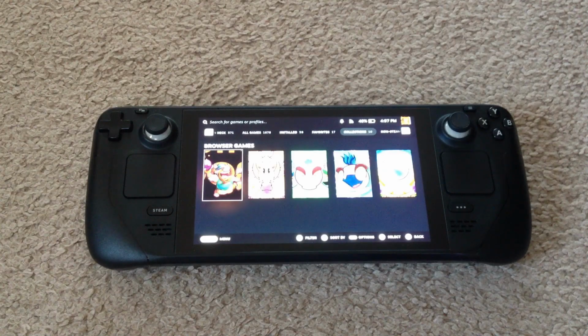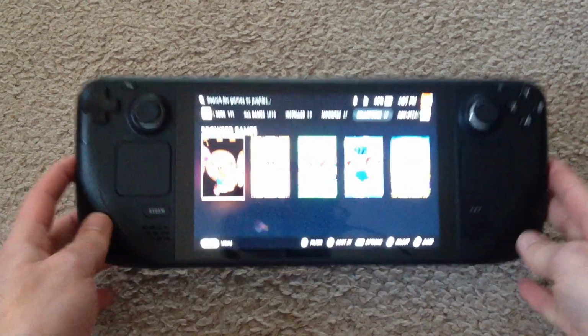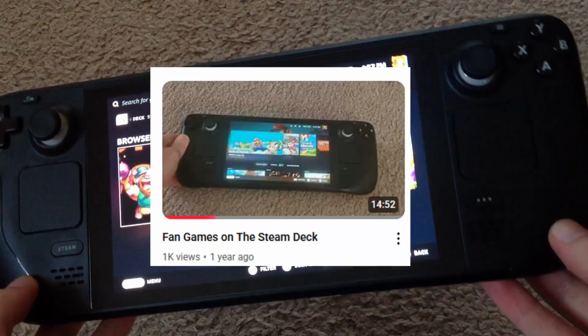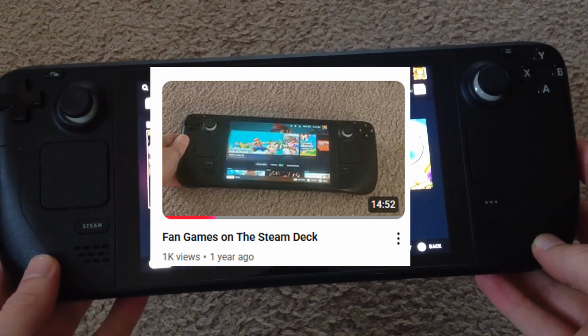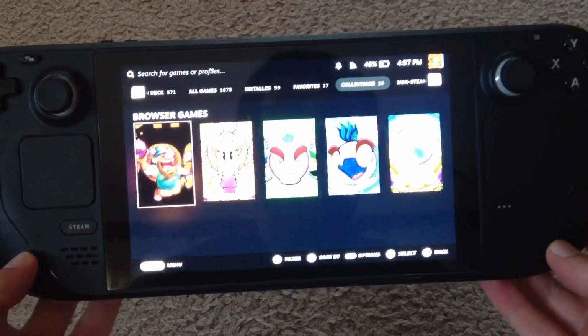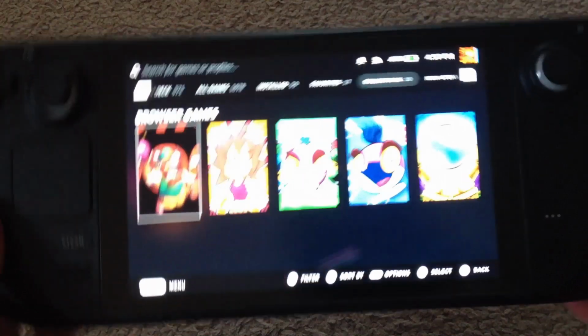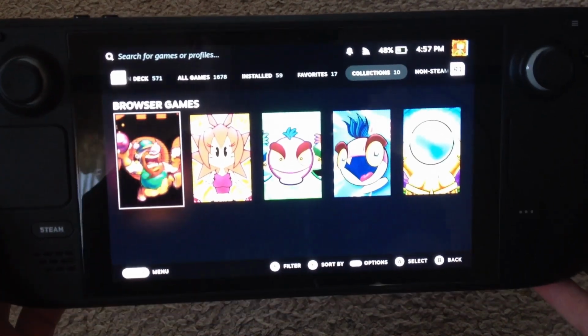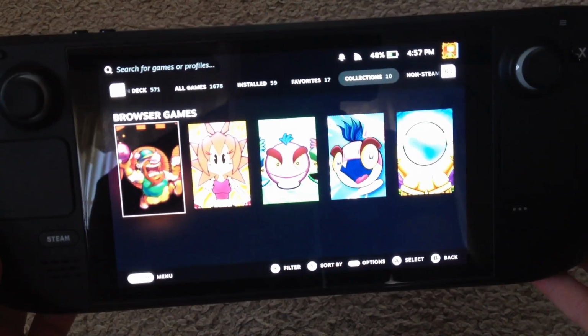Browser games on the Steam Deck. Last time I spoke about putting fan games on here, and I said not many people talk about putting fan games on here. Well, absolutely nobody talks about putting browser games on here,